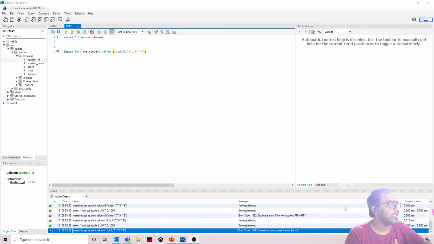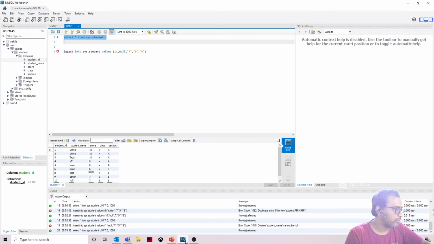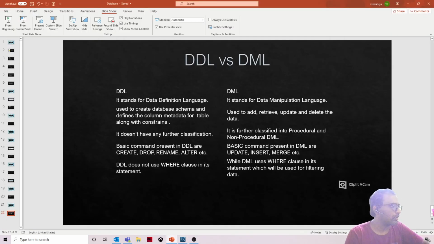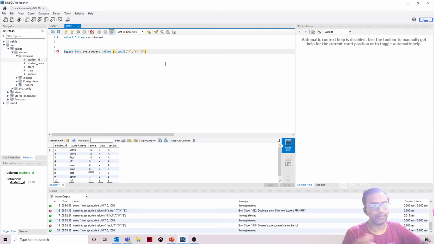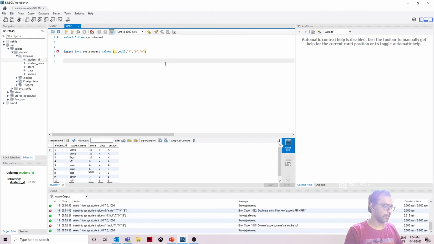Now we'll see how to delete a particular record or particular row. You remember we are talking about DDL, which won't support where clauses, whereas DML is nothing but our select, insert, delete, update. All these are DML. Using these statements like select, update, insert, delete, we are manipulating the data, so it's called data manipulation. So obviously, delete is a part of data manipulation. Now we'll see how to delete the record. Delete